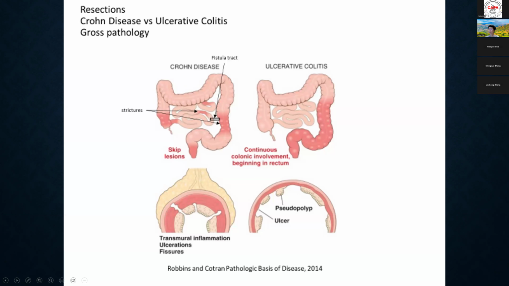In medical school, in the textbook, it seems like there are two diseases that categorize into idiopathic inflammatory bowel disease. One is Crohn's disease, the other is ulcerative colitis. Crohn's disease can involve both colon and small bowel, and you can see skip lesions, strictures and fistula. If you take a cross section, you can see transmural inflammation, fissure or deep ulcer, muscular hyperplasia and fat creeping.